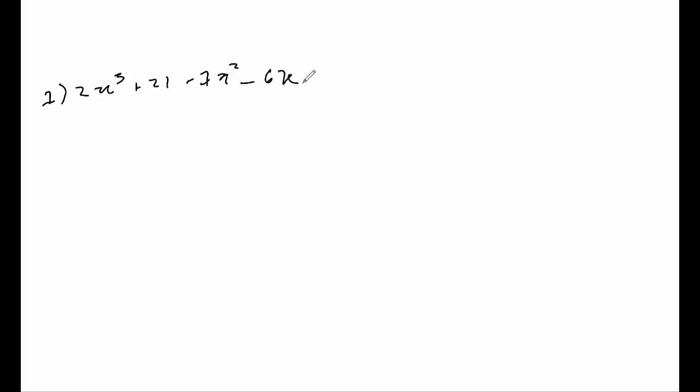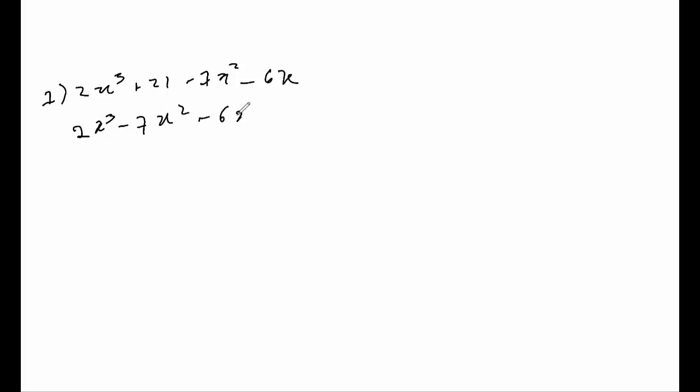Now in this one, it may be a good idea to rearrange the terms in order to factor out, let's say, the x squared. So what I'm going to do is rearrange the terms because we can do that. So we'll have 2x cubed minus 7x squared